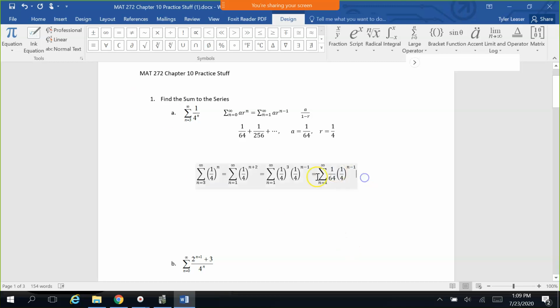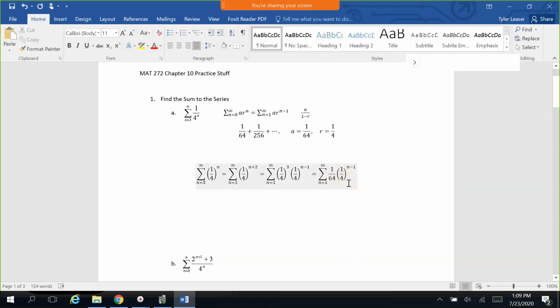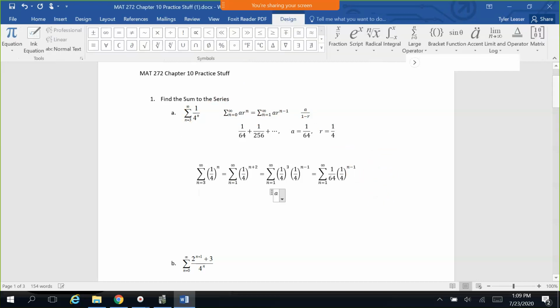All right, and now it's written in the format that we have with the definition for geometric series. The a constant out in front, and then the r value to the n minus 1. So you could have gotten it either way, by writing out the first terms and figuring out what the a and the r value are that way, or by rewriting your series into one of the definitions that we have for geometric series. The sum itself, right, that a over 1 minus r, is going to be a, the